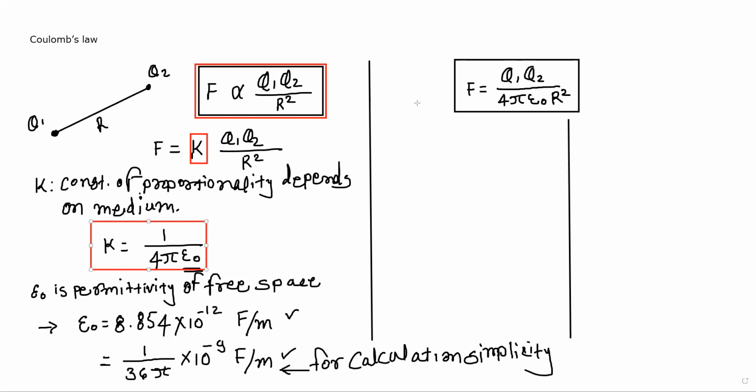Now we are moving towards the next step. The next step is the vector representation. Vector representation means what? The direction. Now we are trying to involve the direction. So in the first case, let's say,